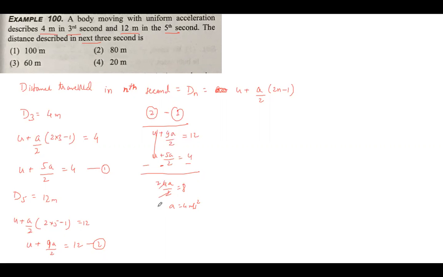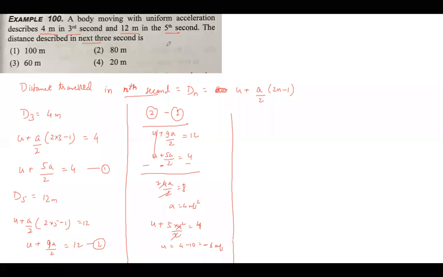एक्सेलरेशन 4 मीटर पर सेकेंड स्क्वायर आ गया। अब किसी में भी यूज कर लो, इसमें यूज कर लो, फर्स्ट वाले में तो u प्लस 5 इंटू 4 बाई 2 इज इक्वल टू 4। इसको सॉल्व किया तो u इज इक्वल टू 4 माइनस 10 विच इज माइनस 6 मीटर पर सेकेंड। सो इनिशियल वेलोसिटी इज माइनस 6 मीटर पर सेकेंड, एक्सेलरेशन इज 4 मीटर पर सेकेंड स्क्वायर, राइट। तो ये दोनों चीज निकल गया अब हमारा। ठीक है, अब हमें निकालना है डिस्टेंस ट्रेवल इन नेक्स्ट 3 सेकेंड